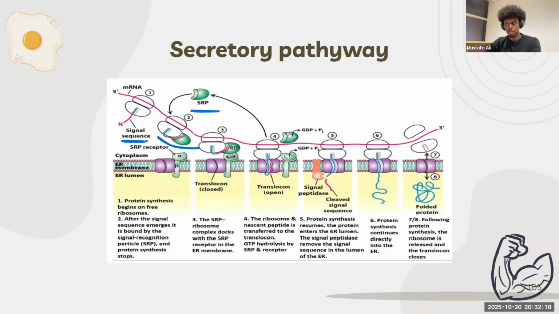Once it's taken it towards the ER membrane, it will bind onto its channel, the SRP receptor. Once it binds onto its channel, it will lead to energy being released, or GTP hydrolysis. You guys just need to know that energy is being released. Once energy is released, this translocon channel kind of opens up, okay? It opens up. And once it opens up, it allows this peptide or these amino acids to kind of go into the translocon or go into the ER, all right?